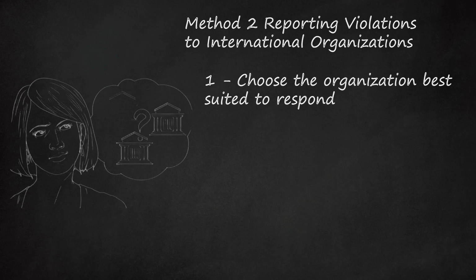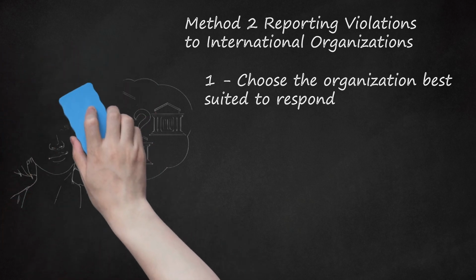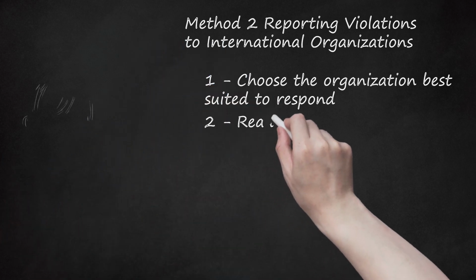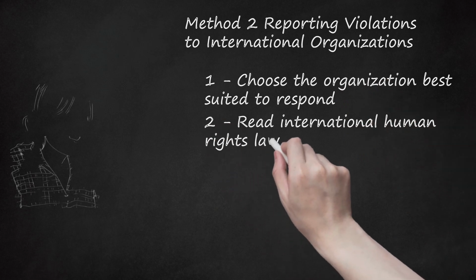Intergovernmental and governmental organizations can enforce human rights laws and international treaties, but their abilities and enforcement mechanisms may be limited. Many of these bodies such as the Human Rights Council engage in many of the same activities that the non-governmental organizations do. Human rights commissions such as the Commission for Human Rights of the Council of Europe are a third type of international human rights organization. These organizations typically are independent bodies affiliated with another international governing body that report to that body. 2. Read international human rights law.